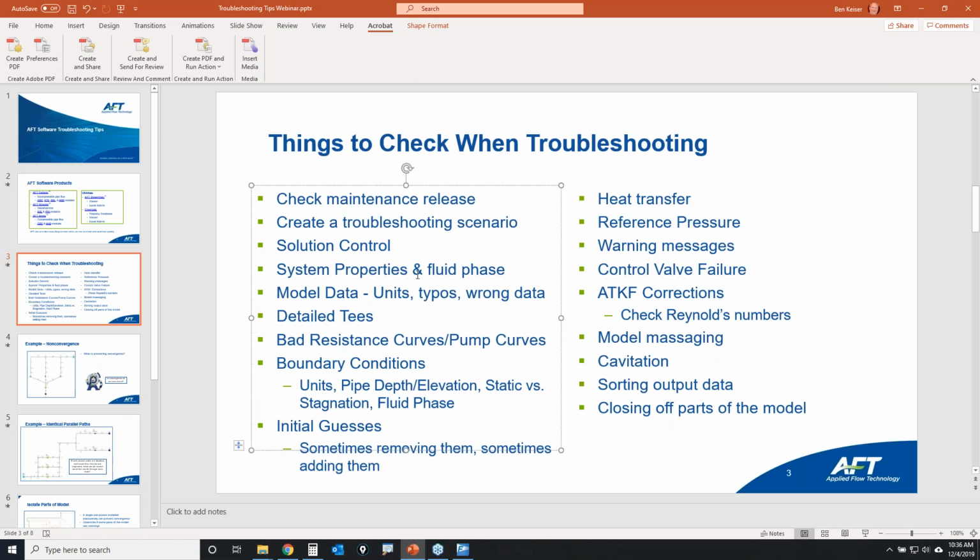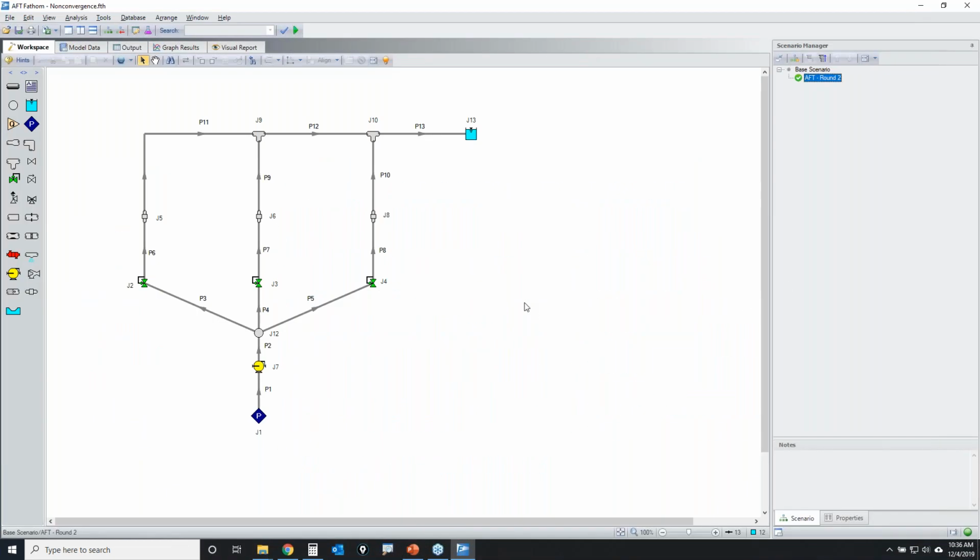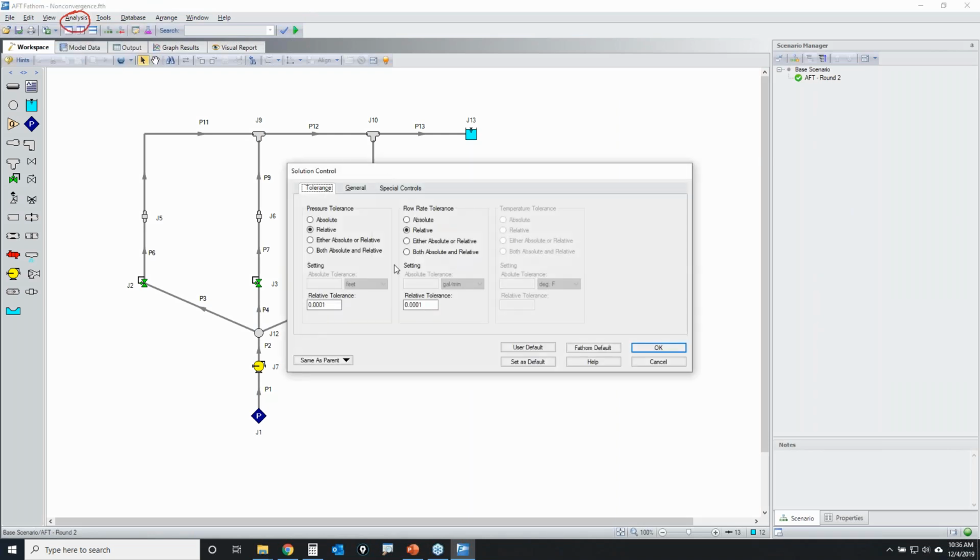All right, so that's my first two things that I wanted to look at. The next thing is to check the solution control. So where do you find solution control? It's in the analysis menu. If you go to the analysis menu and click on that drop down, I'm going to open up the solution control,